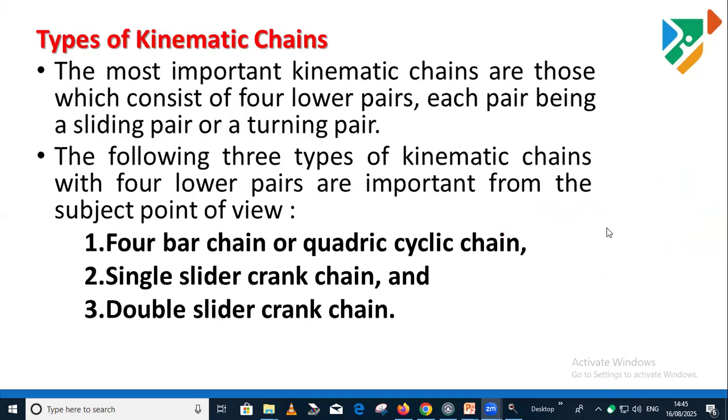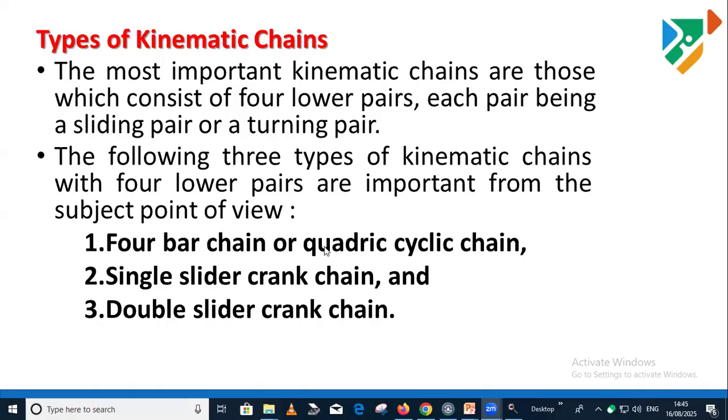So based on these concepts, we have different types of inversion that we have to study. We can fix different linkages, and based on fixing different linkages, we get different motion transmission. So we have 3 different kinematic chains: the 4-bar chain, the single slider crank chain, and the double slider crank chain. So in case of the 4-bar chain,